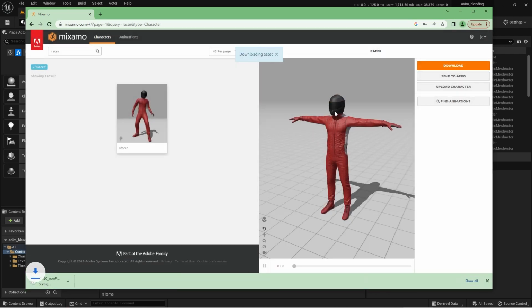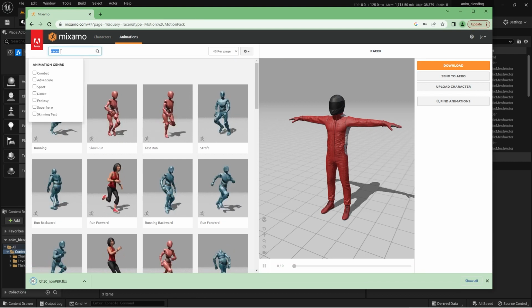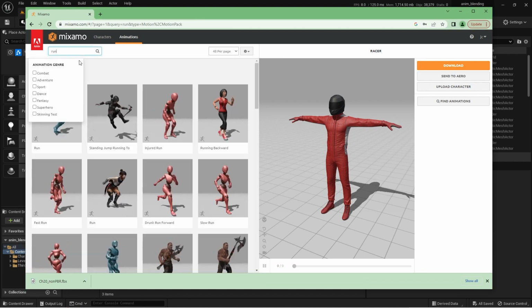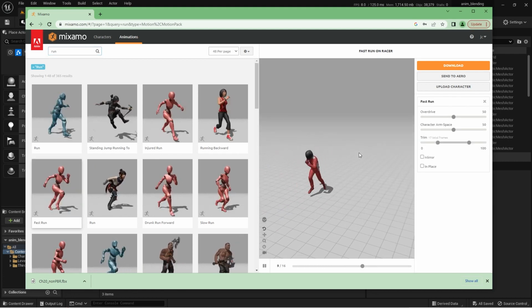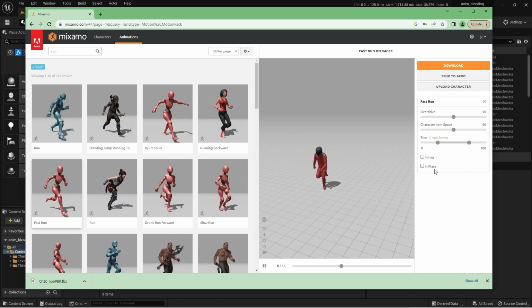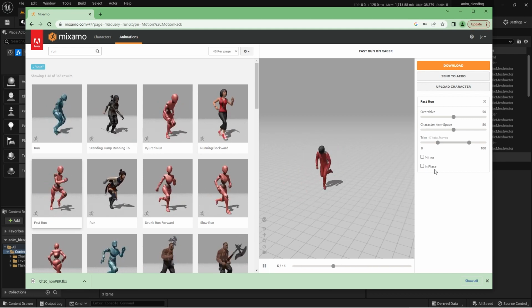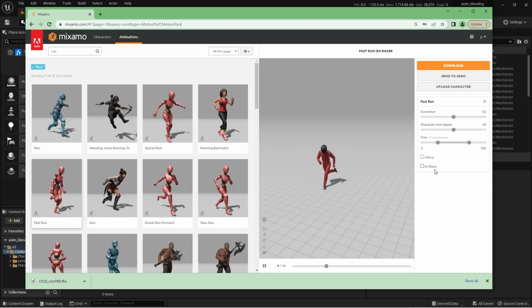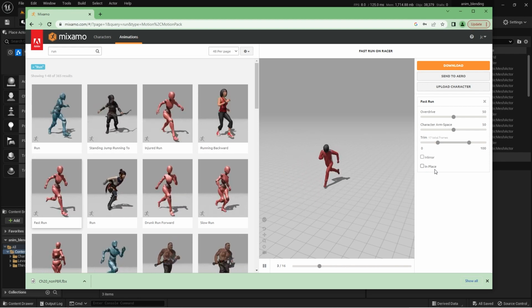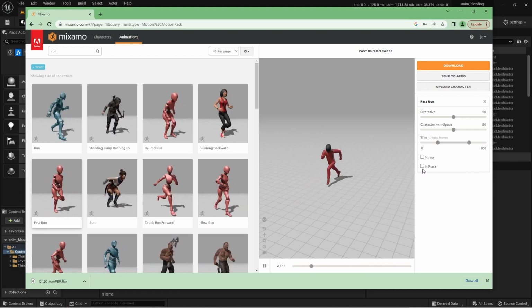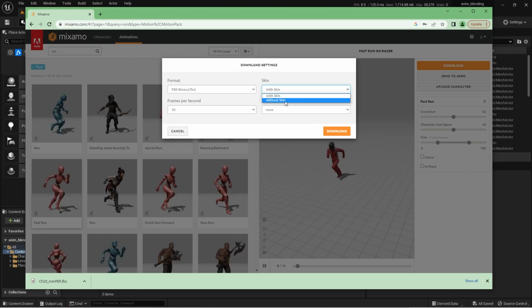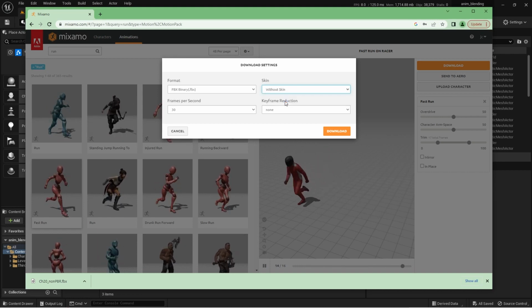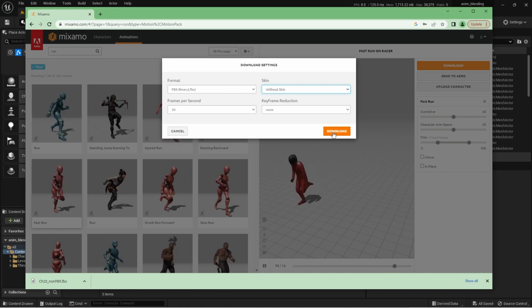Now let's go get three animations that we want to blend for this particular character. So go over to the Animations tab. Let's start with a run. And we'll do the fast run. Now, in previous videos, I may have mentioned to check the box in place. However, I want to show you something else kind of related, and I probably need a dedicated video talking about root motion, which I will do one of these days soon. But for now, don't check this box and download. And we do not need skin because we just downloaded the skin with the T-Pose character. And you can leave all these at defaults.